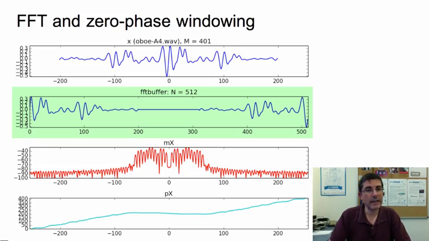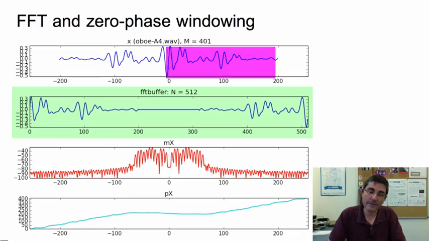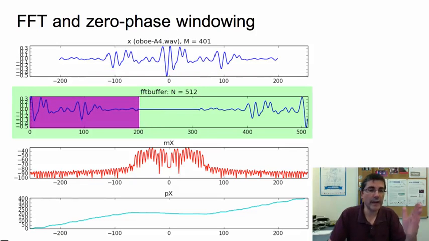It does it by splitting the signal through the middle, in what we call zero phase windowing: the 0th sample, which is the center sample, is at the left side of the buffer. Then we have the positive samples up until the middle with the zero padding included, and from the right side, we have the negative samples, the samples at negative time. This is the way we pack the signal in what we call the FFT buffer,